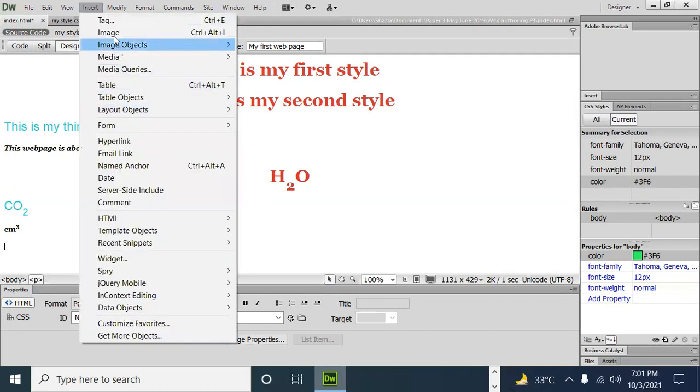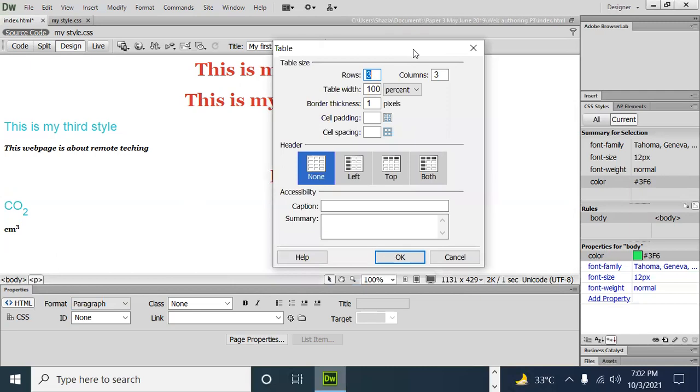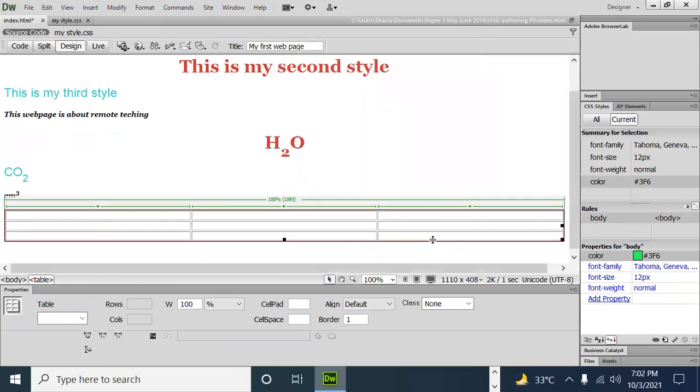So go insert table, and I want to have 3 rows and 3 columns, table width 100%. Because I want to open this web page on my desktop or tablet or my mobile phone, I will have 100% resolution. So just go and click, this is my table setting.